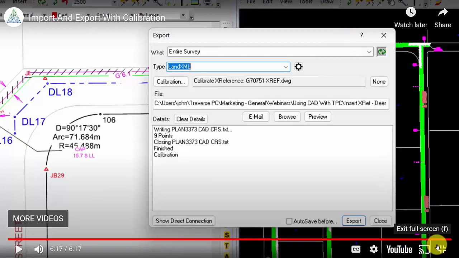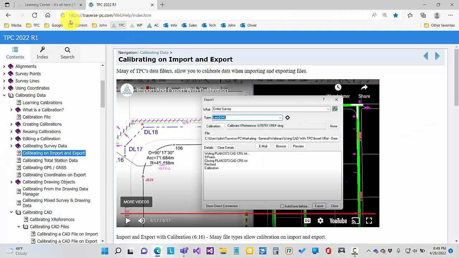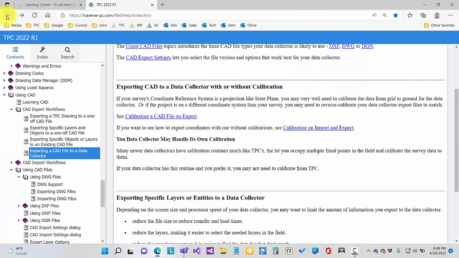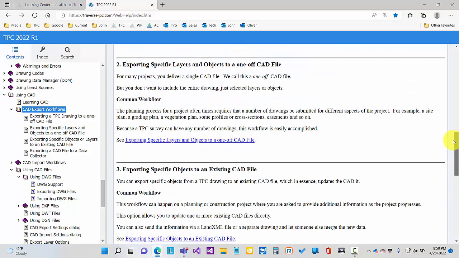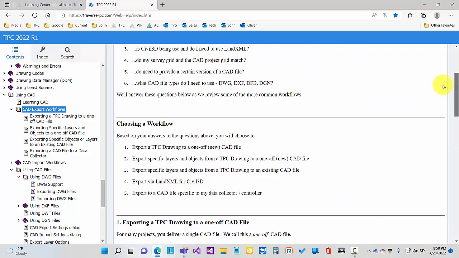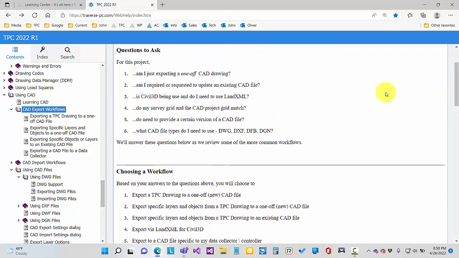Okay, I'm going to stop there. Let's drop back out now. I think we've covered kind of the issues involved with sending both CAD files and just ASCII coordinates out to our data collector with or without calibration. So I just want to drop back up to the top of this workflow